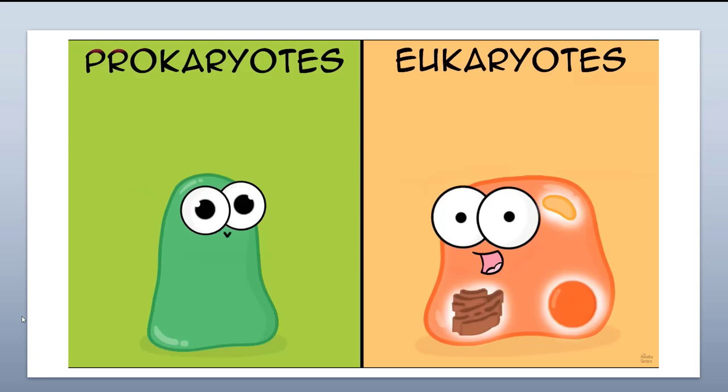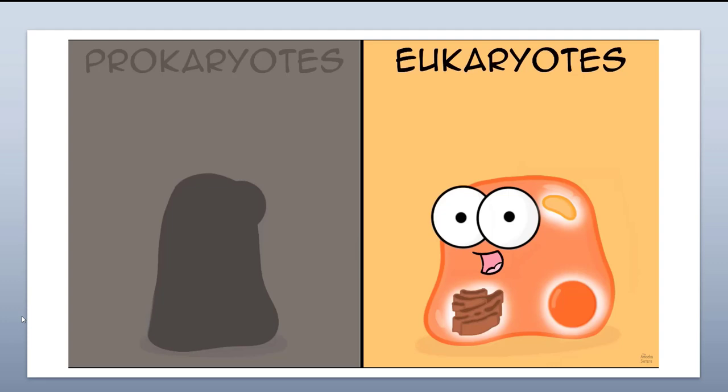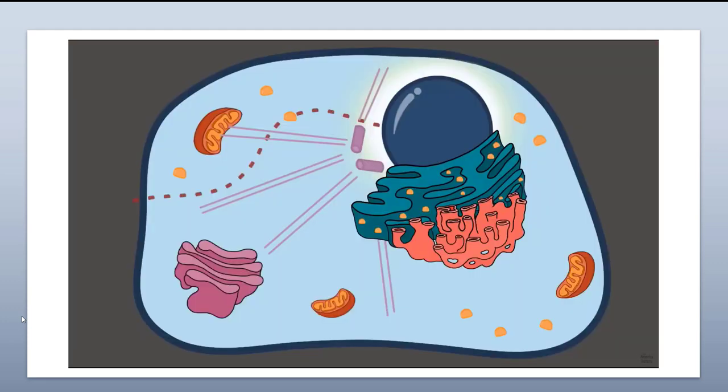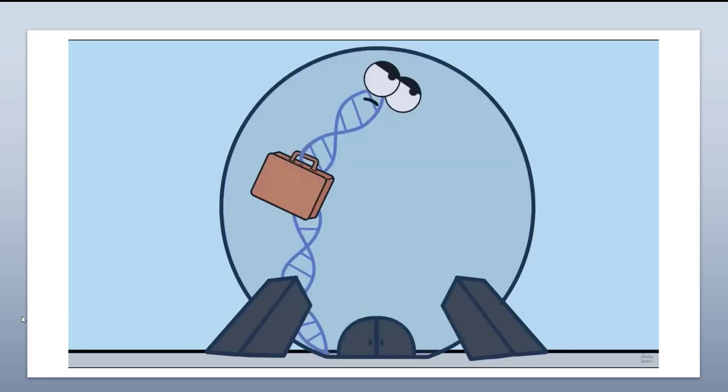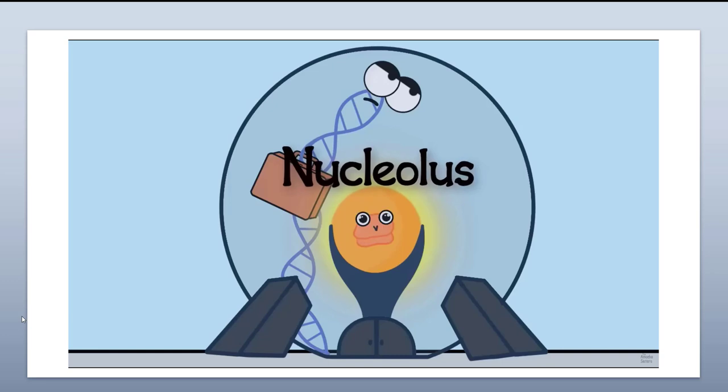So we're going to be focusing on organelles that you would find in a eukaryote cell. This takes our travel to the big boss, the nucleus. Now in eukaryotes, it holds the genetic material. Genetic material as in DNA, for example. Both prokaryotes and eukaryotes have DNA, but if you're a eukaryote, you have a nucleus to put it in. And the nucleus controls the cell's activities, and inside it, it has a nucleolus, which is where ribosomes can be